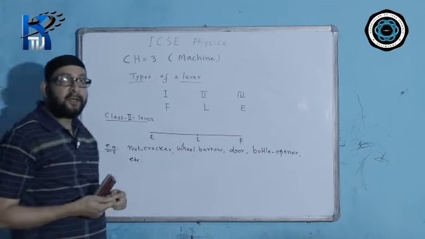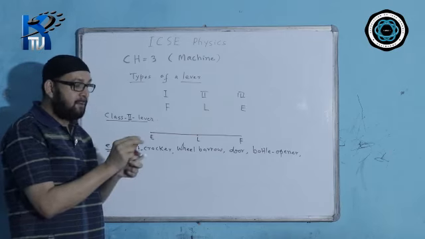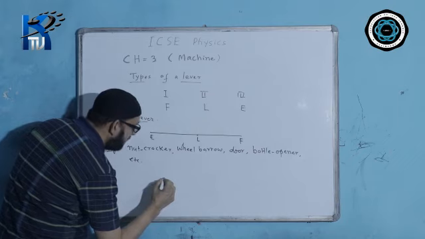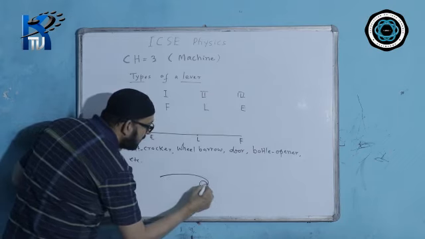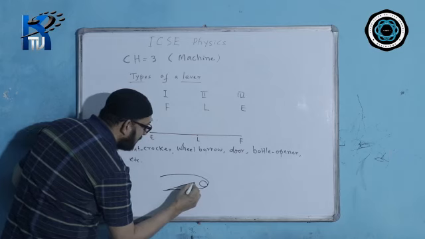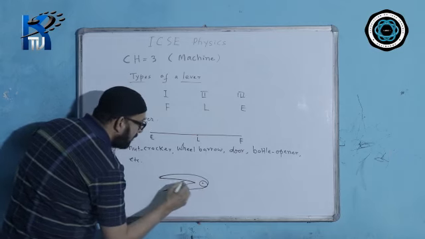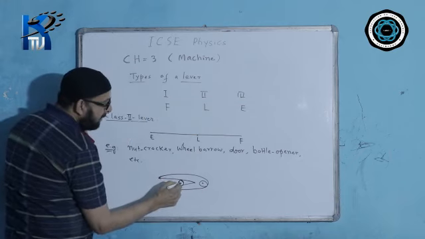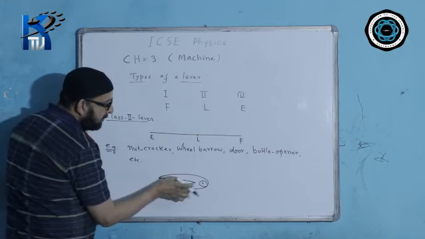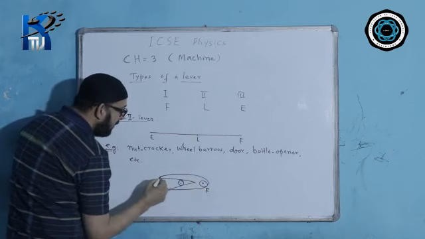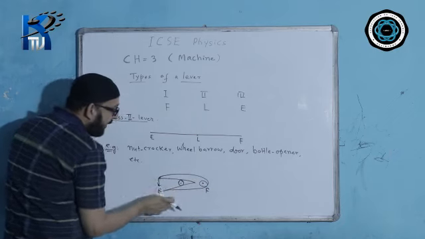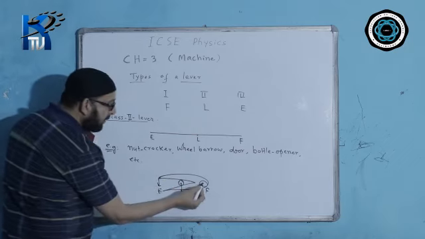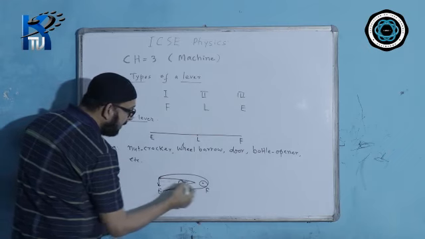You must have seen a nutcracker. In a nutcracker, we keep the nut in between. One side is the fulcrum. I am sure if you see a nutcracker diagram, it is somewhat like this. This is the nut we keep here in between the arms. This is the fulcrum here. One side will be applying the effort to crack it. So here is the load. The load is the nut which we are cracking. So the load is in between the effort and the fulcrum.